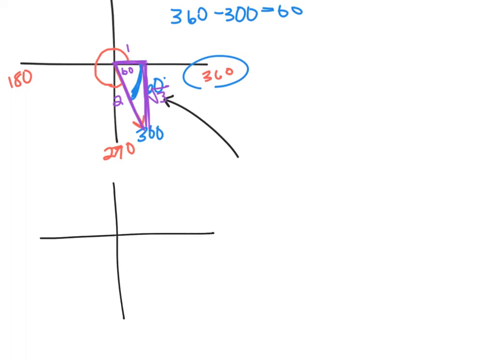Basically what we have is, this will be a little bit neater. This is a 60 degree angle, that's our reference angle. Our hypotenuse is 2, across from the 60 is square root of 3, and across from the 30 is 1. Now in a coordinate plane, remember these have signs. If you go to the right, it's a positive 1. If you go down, it's going to be a negative square root of 3, and then your hypotenuse is always